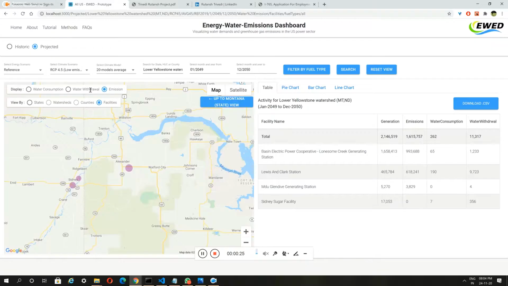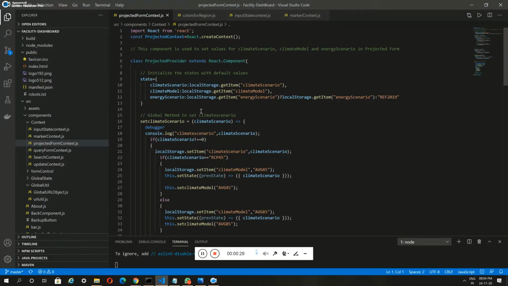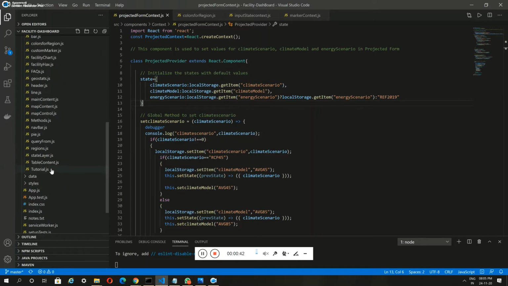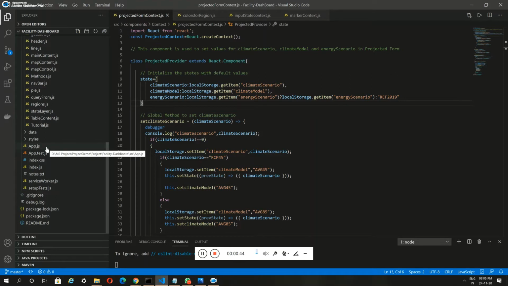To manage the state of these three components, I have created a context. Initially the climate scenario, climate model and energy scenario values will be like localStorage.getItem, the value present in the local storage. That is the only reason why we are initializing the properties of climate scenario, climate model and energy scenario during our